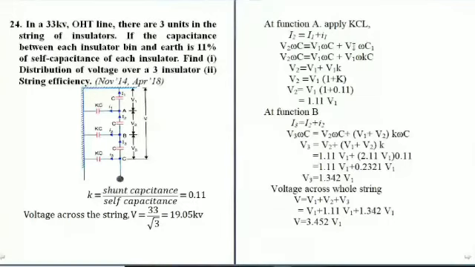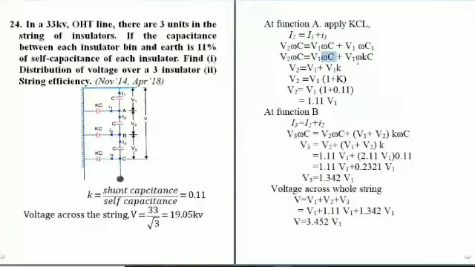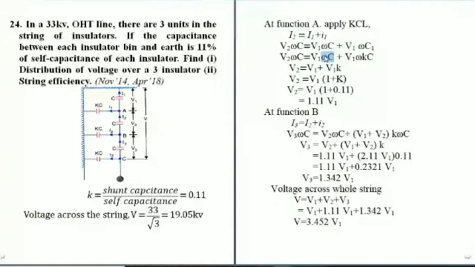Each and every one, please observe this point. On the left hand side, omega C is common. On the right hand side, in the two terms, if you separate omega C as the common term, it will cancel out. So we can write the final equation as V2 is equal to V1 plus V1 K. Okay. On the right hand side, if you take V1 as the common term, the equation can be rewritten as V2 is equal to V1 into 1 plus K.